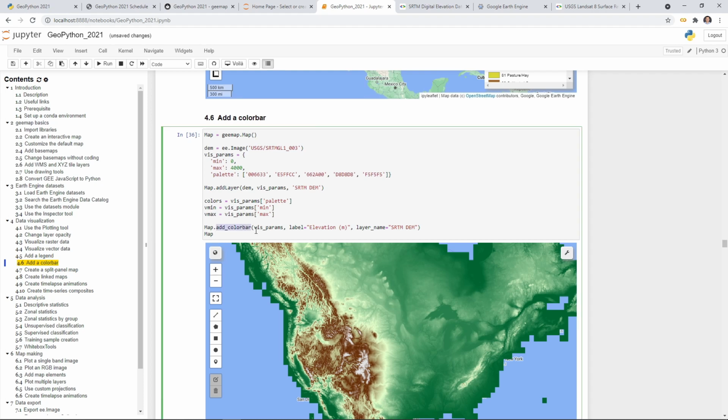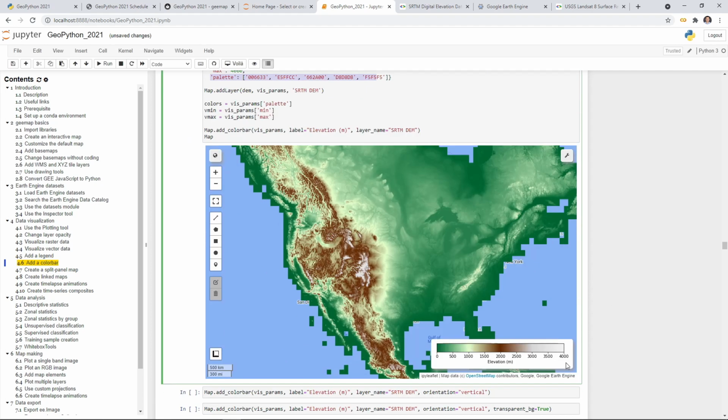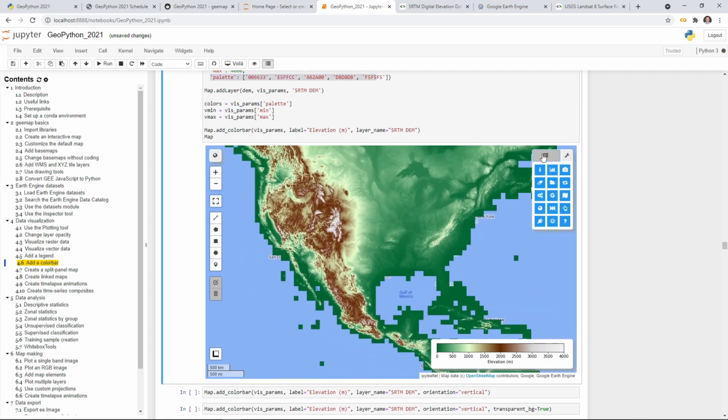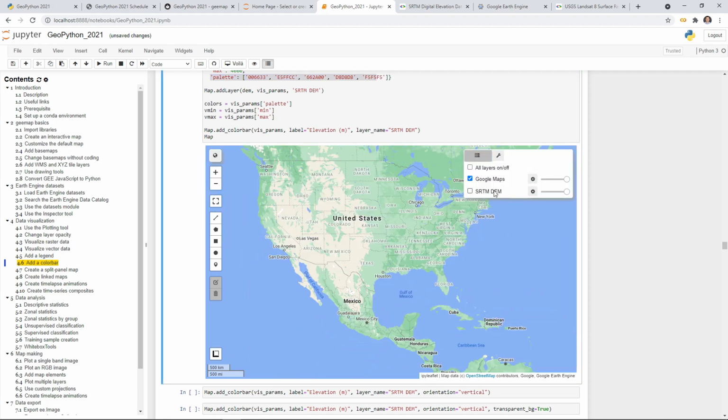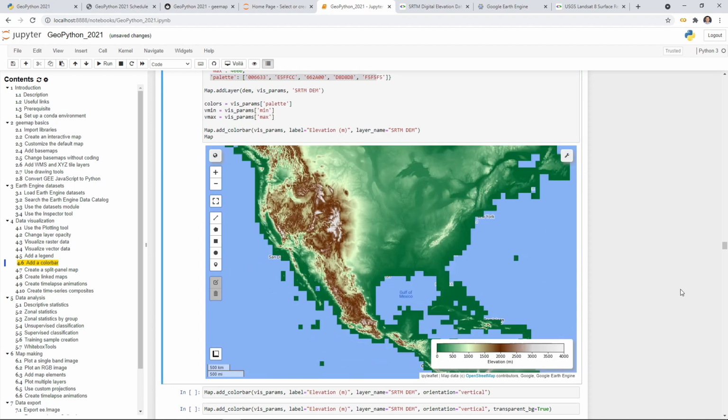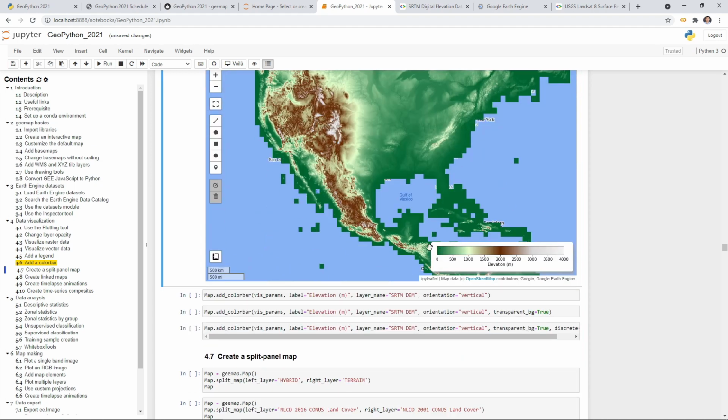So color bar, and you just need to pass in the visualization parameters. So the visualization parameters, you can have a minimum, you can have a maximum, you can also have a palette. So those things we want to utilize to create something like this. You can have this color bar here on the map, right? If you turn the layer off, the color bar will also be turned off. By default, it's being added to the lower right corner, and you also have a background,